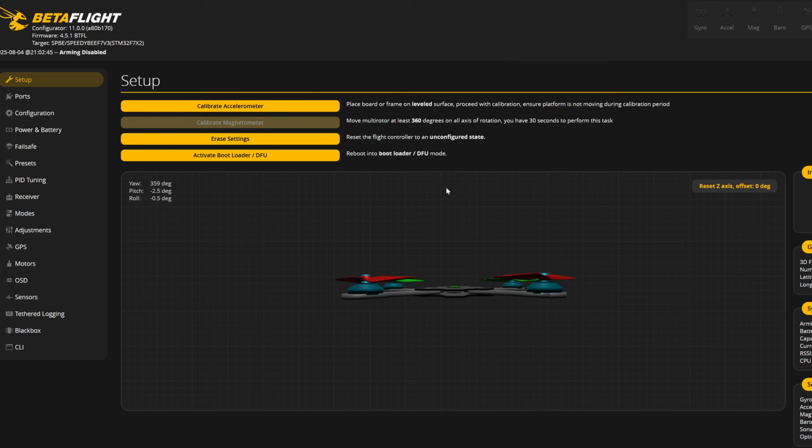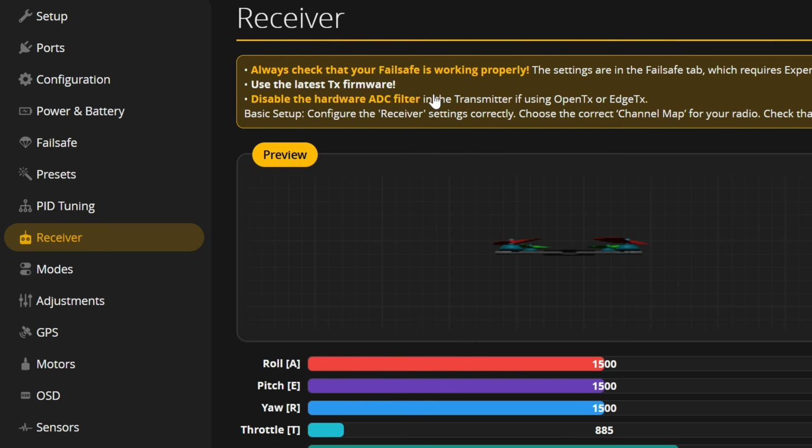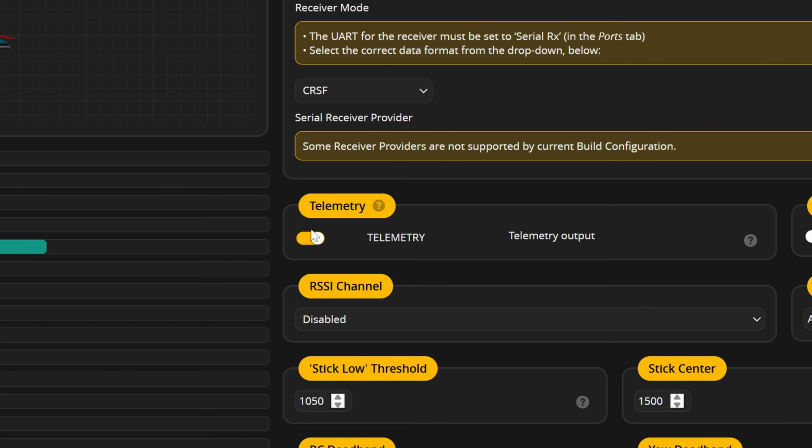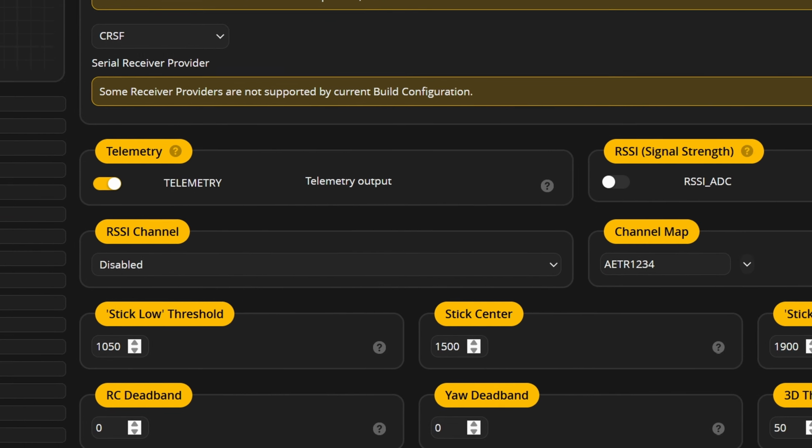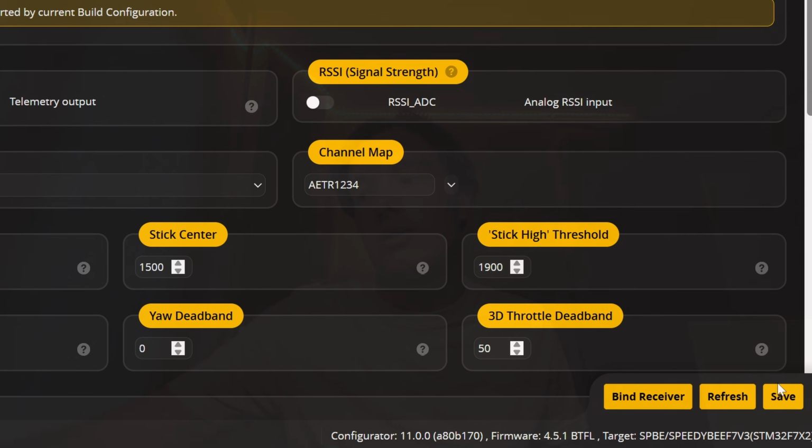The next step is to get your drone and plug it into Betaflight because we'll have to adjust one setting. Once it's connected to Betaflight, you go to the receiver tab and make sure that the telemetry is on. This is super important because it's relying on the telemetry to actually communicate with the flight controller. So if this is off, it'll not load. Once you turn it on here, click save and you can disconnect from your flight controller and unplug it from USB. And that's it. It's this easy.